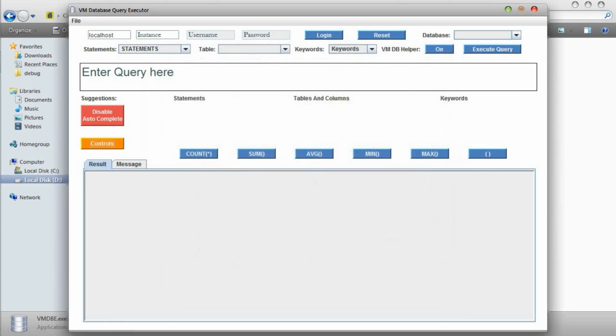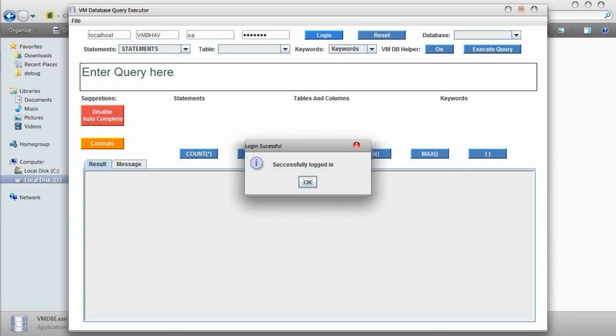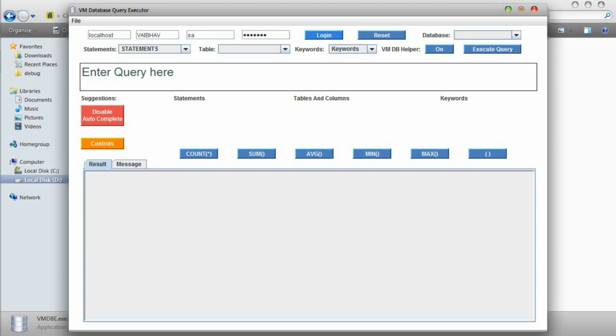Let's see. Now I am not changing the name. I am keeping it as localhost, as the database is stored in my local machine, that is this PC itself. My instance name is vaibhav, my username is SA, my password is entered, and I am clicking on login. At the first stage it will take a few seconds, so wait, and it will give the suggestions of different